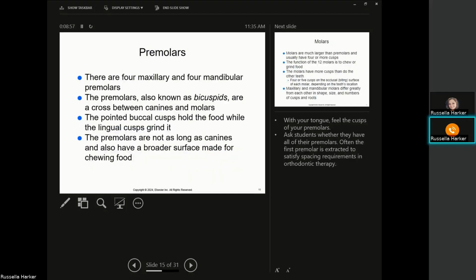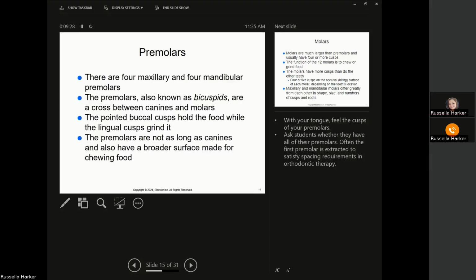Premolars, also known as bicuspids because they're a cross between canines and molars, number 4 maxillary and 4 mandibular premolars. They have a pointed buccal cusp to hold the food while the lingual cusp grinds it. They're not as long as canines, but they have a broader surface made for chewing. They are a posterior tooth,